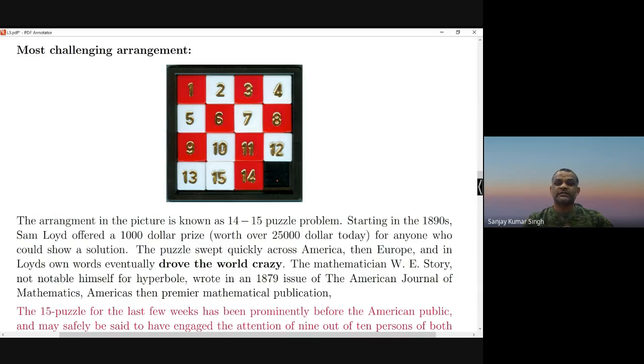Now suppose you make horizontal moves, right moves and left moves. Whatever right moves you made, you have to make the same number of left moves to come back here, because you want the empty space to be here. So I am saying that whatever moves you do, the total will be an even number of moves. And since it is an even number of moves, it means you will apply the product of an even number of transpositions to the initial position to get the final position.